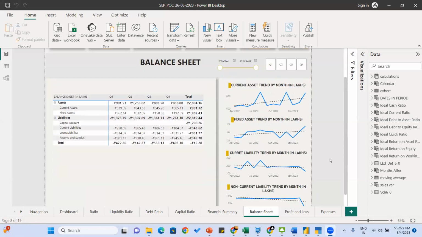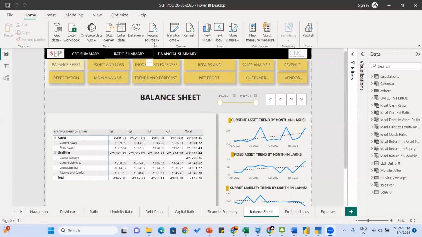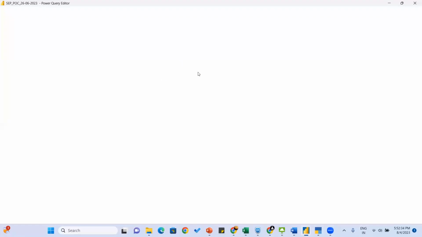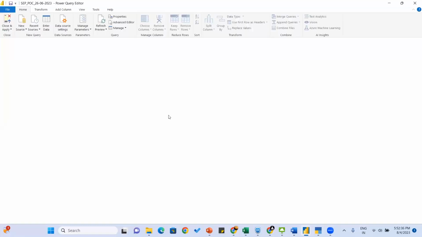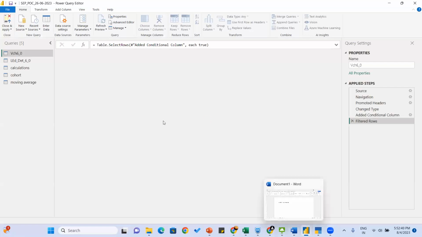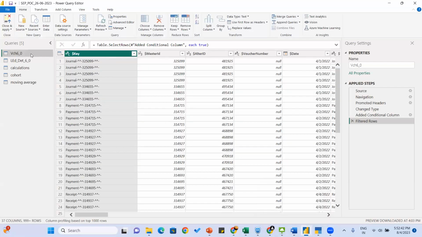Yes, this is the Power BI file. For the source data, first we have to transform data. This is a source file, this is a voucher, and this is ledger.